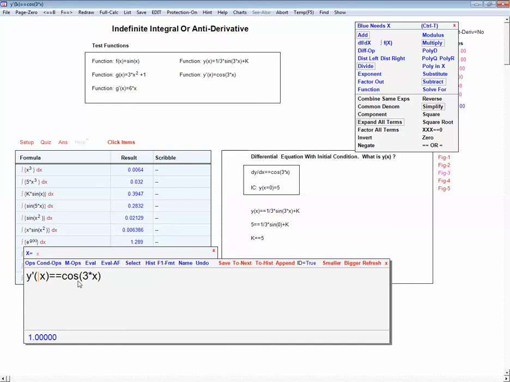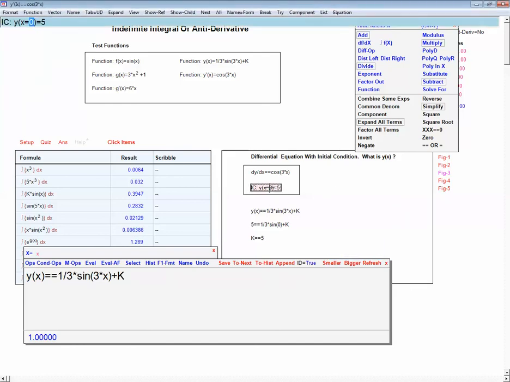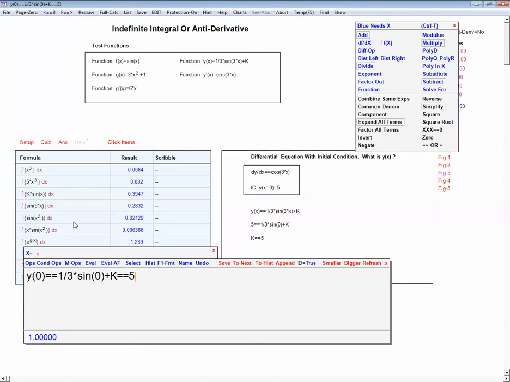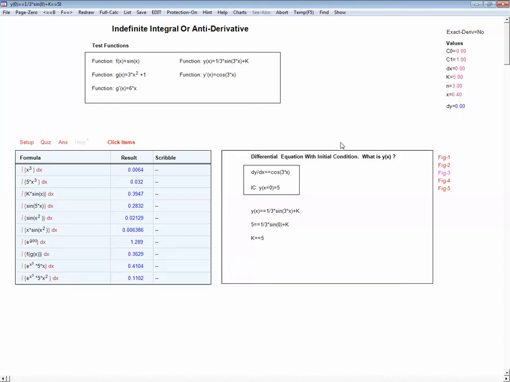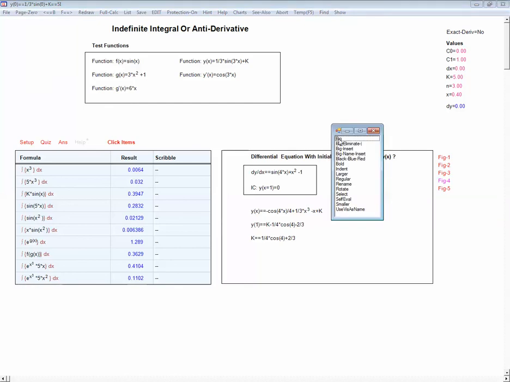Okay, so we've got the right derivative, and now let's take our function here and apply our initial condition. Again, we see the 1, so it's saying it's true. We've evaluated the function at 0, and it came out to be 5, so our k is correct. Let's look at one more of those. Same idea, but the derivative is a little more complicated. So you start with this here,